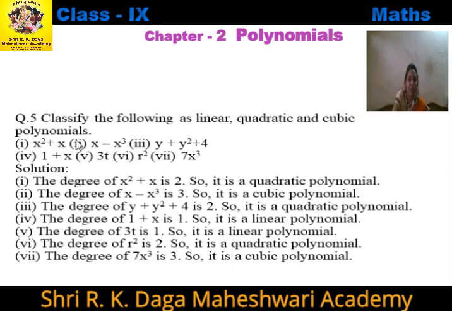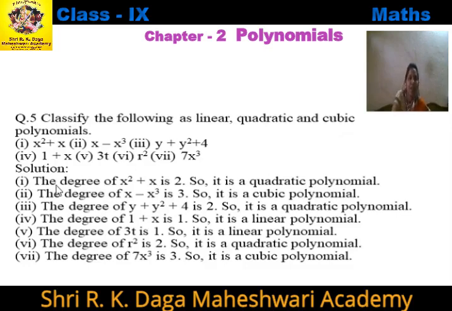Now question number 5 is: classify the following as linear, quadratic and cubic polynomials. You have been given some polynomials and you have to classify them as linear, quadratic or cubic. Linear means the degree of the polynomial should be 1. Quadratic means the degree should be 2, and in a cubic polynomial the degree should be